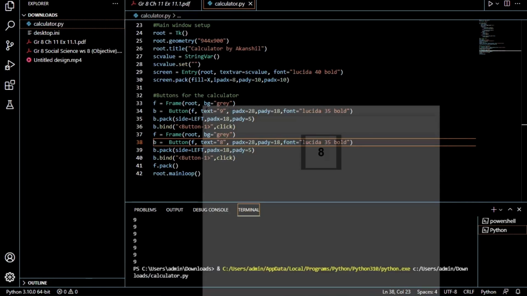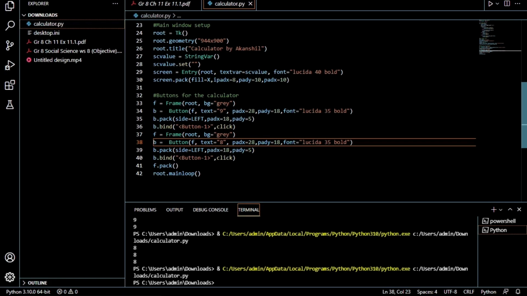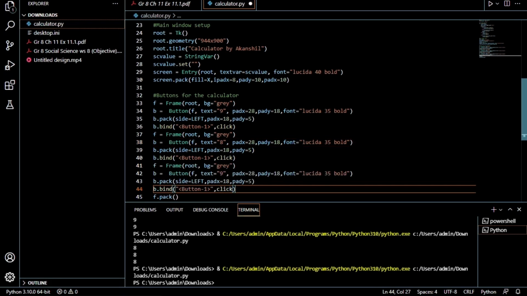Yeah, so as you can see, we are being shown the 8 button over here, but the problem is that I'm only getting the 8 button, not the 9 button anymore. I don't know why. Just a minute guys, I think we have made a problem over here. I think we should look at that later. Now let me just click another enter and paste that again. Let me just change that to 7.